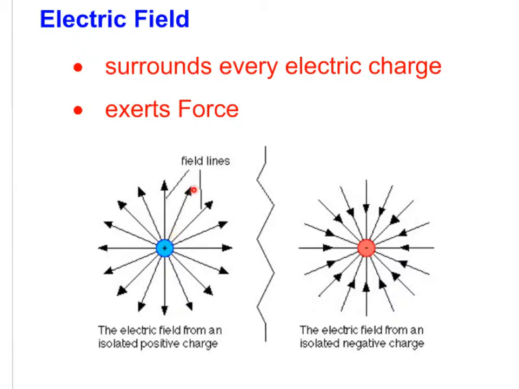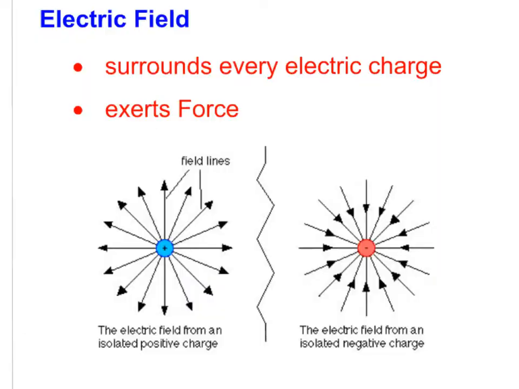So in this case, a positive charge would move away from this positive charge, so we draw the field lines for that electric field away from that positive charge. Over here, we draw the field lines with arrows toward that electric charge,